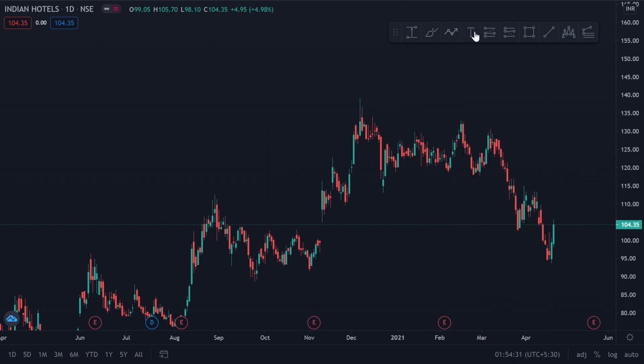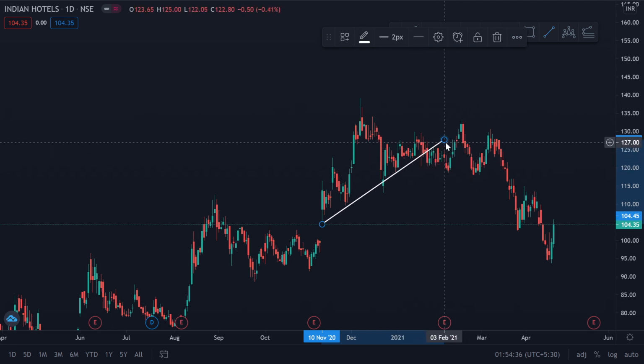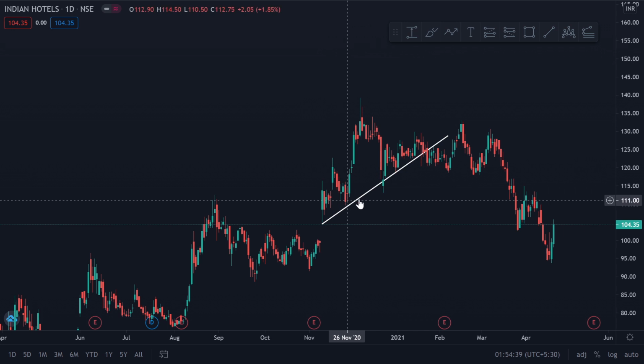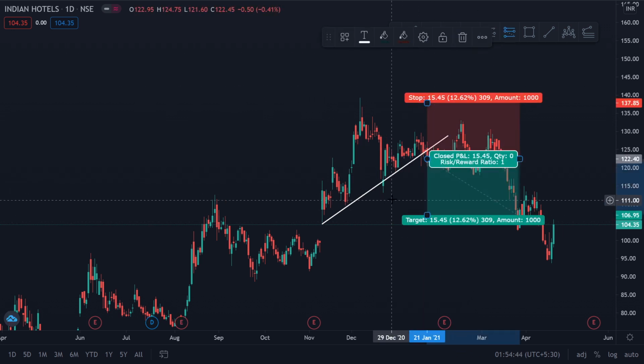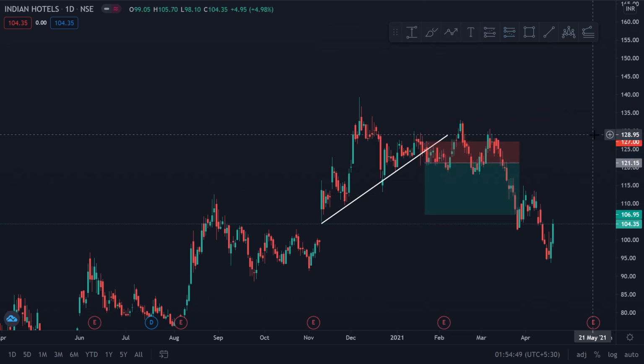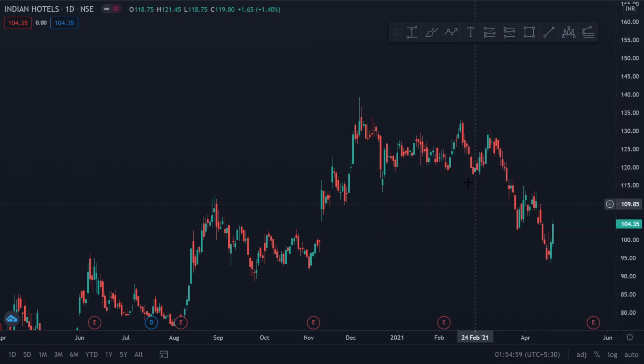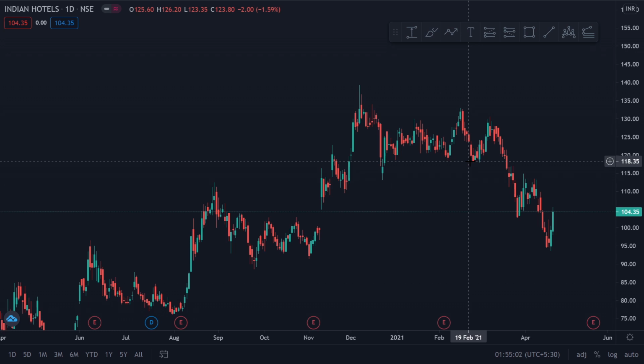Even if I draw the support lines here, this will be one guy's support line. So this was a support line 1, 2, 3, 4, 5 times almost. So when this breaks down, this guy will go short here. Here will be the stop loss, immediately hit. So another fake out. So this is another disadvantage of using, let's say, trend lines which are not horizontal. So these were some of the important points I had to get through to you guys to avoid fake breakouts and fake outs and increase your probabilities.